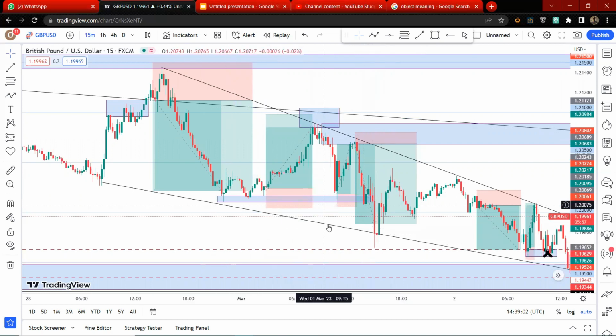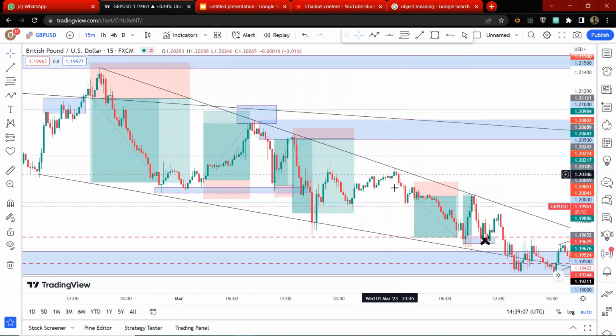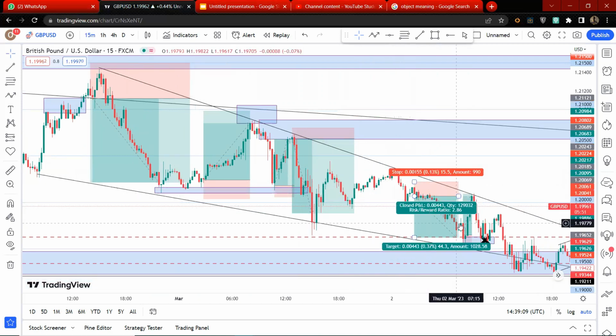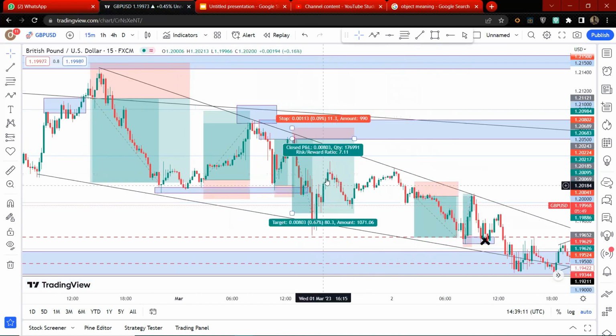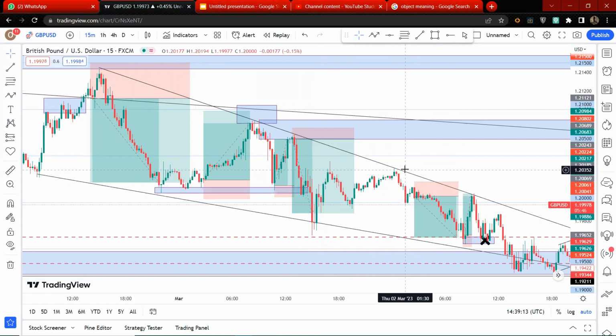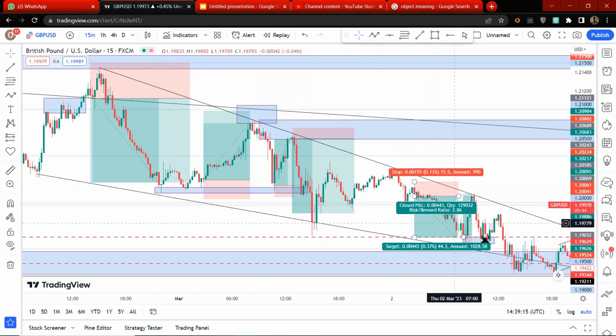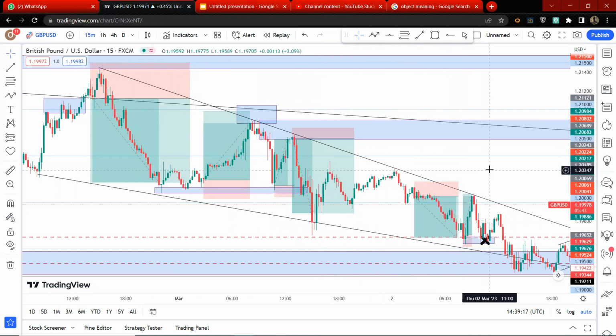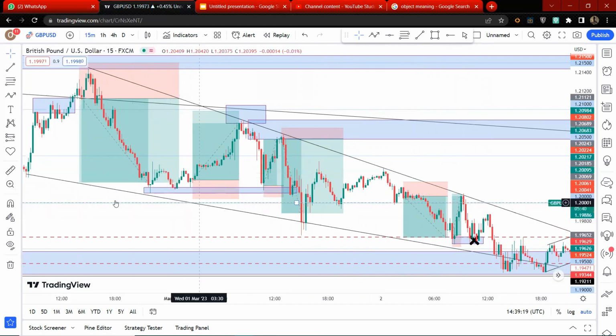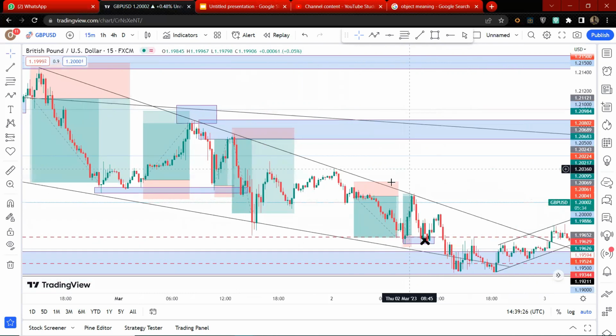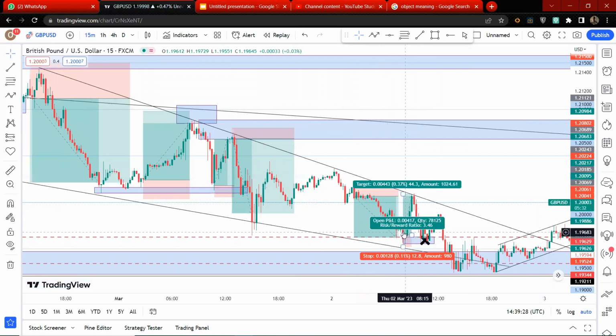this psychological level of 1.2000, and boom, the market bounced off. Now it started playing around there, but when the Asian session was done, we came back and found it around here. We took the sell, reason being there was an M pattern, and this was like a fib zone, the 50% fib zone. So we sold this pair till that high of the week. Now I drew this chart pattern out because it has a first point, second touch, third touch. I expected action around there, but let's just flow the video.